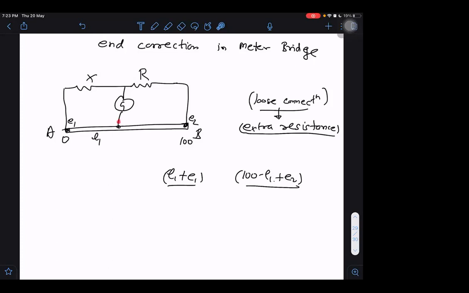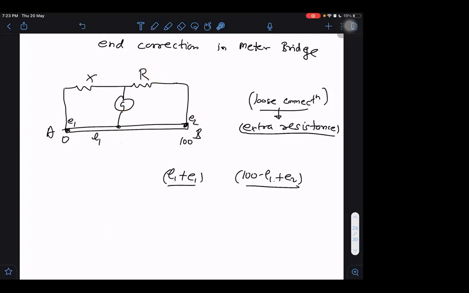I am not remembering now whether end correction we should take on both sides or one side will be enough. Because if I have just one equation to solve, then I can get only one unknown, E1 only. I cannot solve two unknowns in one equation, or they should give me two equations. In one case they will give R1 and R2 to be known. From that they will give us the L1 length, and then we have to find E1 and E2, but there are two unknowns, so I need one more reading. So it depends on the situation, I think.